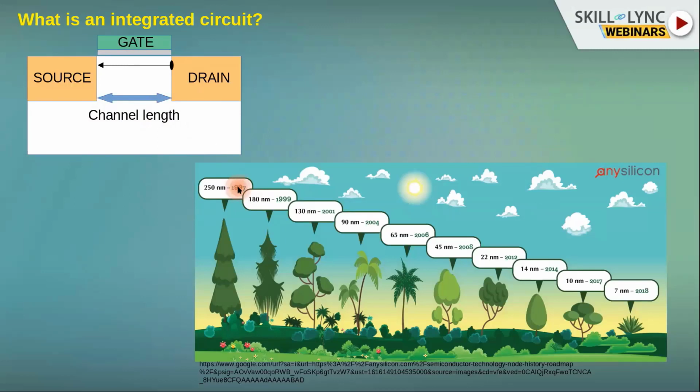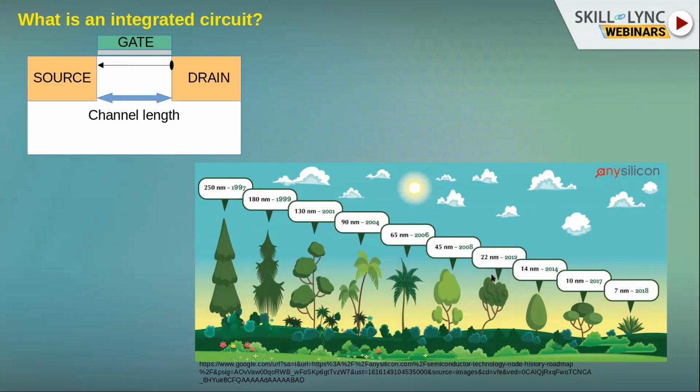As you can see, in '97 it started from around 250 nanometers, and before that it was even longer. Currently, most of the semiconductor industry giants are working on single-digit nanometer FETs. So not only CMOS, but also another advanced category of MOSFETs like FinFETs, like 7 nanometer or 5 nanometer, and even in research, the channel length people are working on is 3 nanometers. So you can see how rapidly the technology node is decreasing.